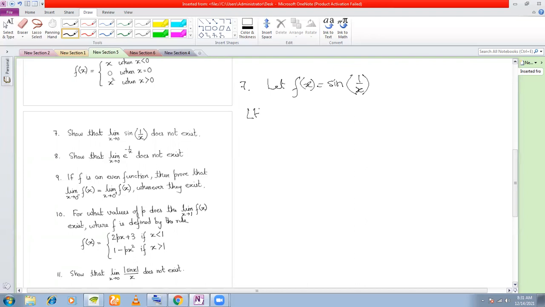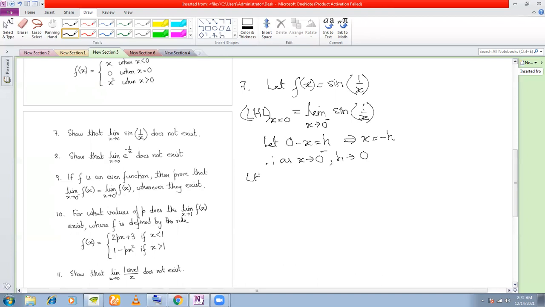So we will calculate the left hand limit first. Since x tends to 0, we'll calculate the left hand limit at x is equal to 0. Limit x tends to 0 minus sine 1 by x. Okay. Now this is a left hand limit. You can calculate this by 0 minus x is equal to h. That means x is equal to minus h. Therefore, as x tends to 0 minus, h tends to 0.